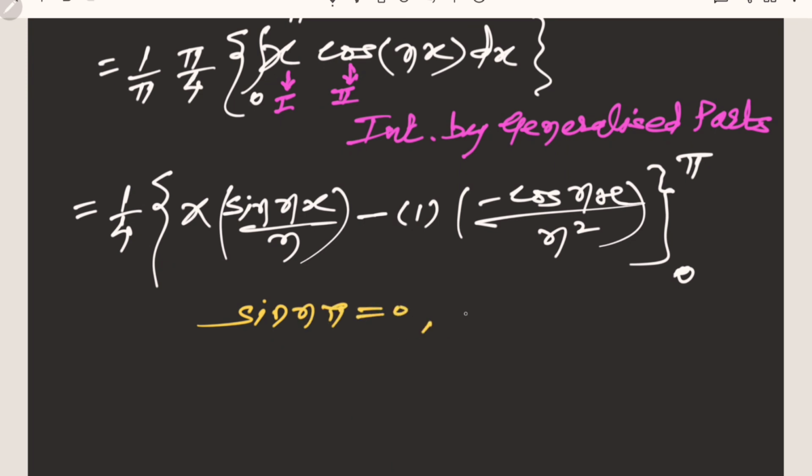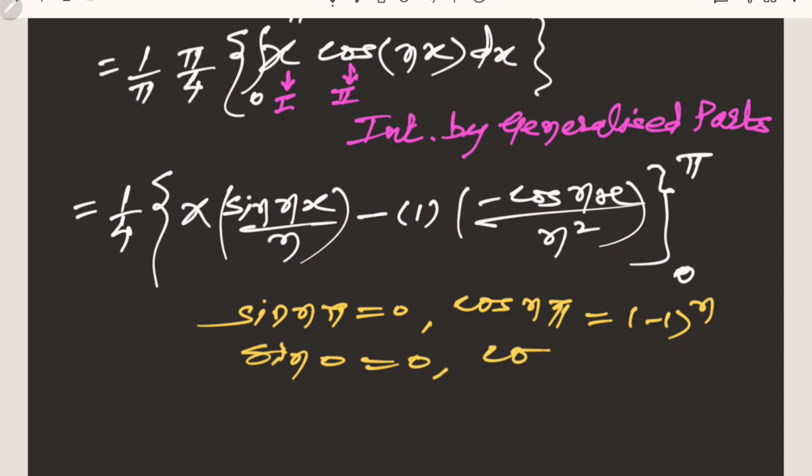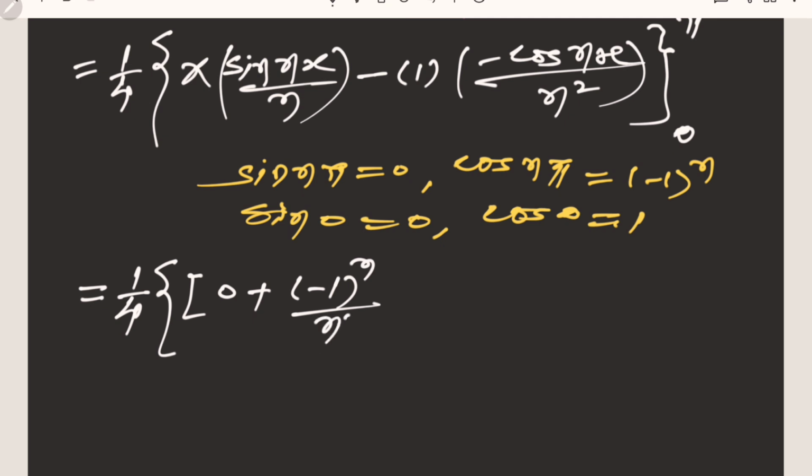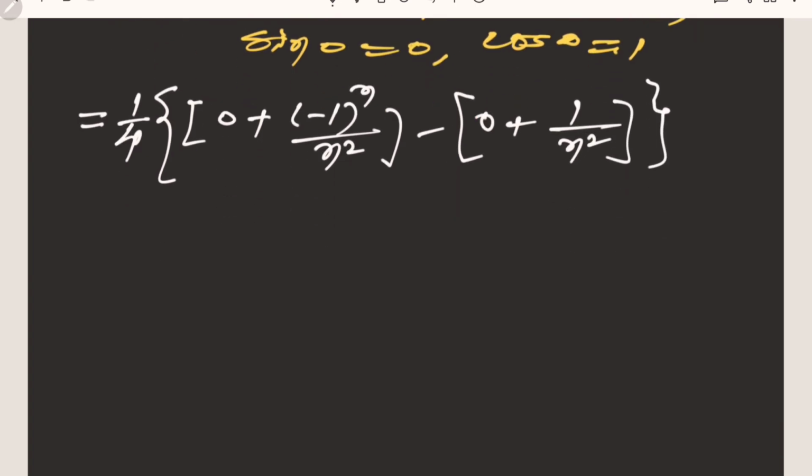Substituting upper and lower limit, we have the term sin nπ value is 0, cos nπ value is (-1)^n, sin 0 is 0 and cos 0 is 1. Therefore these four values we have to use. Therefore 1/4 as it is. Sin nπ is 0, therefore the first term becomes 0, minus minus it becomes plus, cos nπ is (-1)^n divided by n², minus for lower limit x is 0, cos 0 is 1, therefore